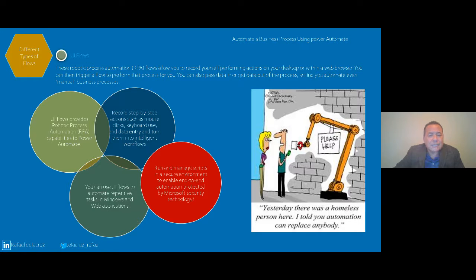And in some cases, the people doing it manually don't want the process to be automated because they think they're going to lose their job. So when they see somebody trying to automate the solution, they start fighting it and don't let that person do it until management from the top level comes and says, this is the way we're going to do it from now on. And then everything changes.